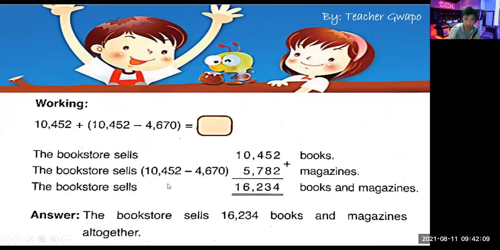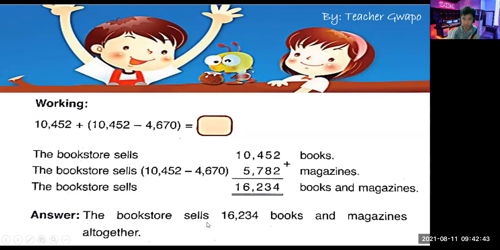So this is how it looks like. You have here to write the 10,452 plus, so you have to do this first so that you can add, because the question here is how many books and magazines does the bookstore sell altogether. So if you want to know, you have to subtract the number of magazines, and then you can add now the number of books and magazines that they sell, which is